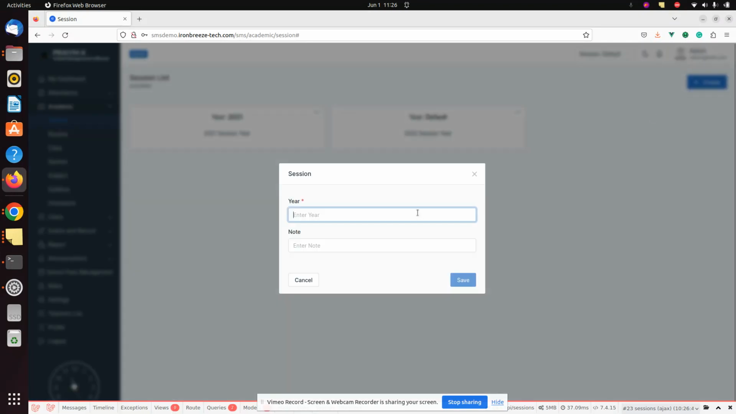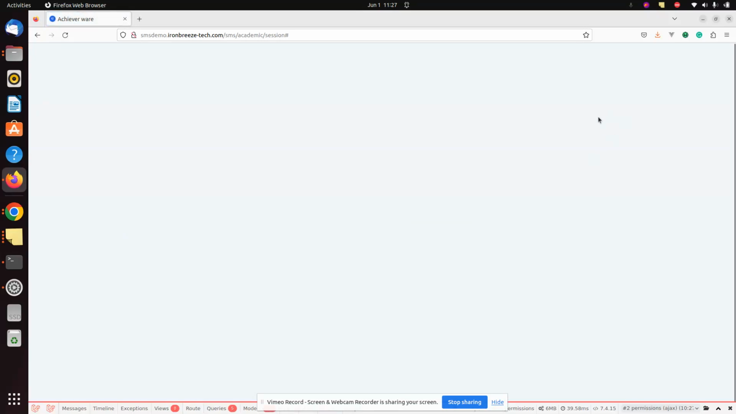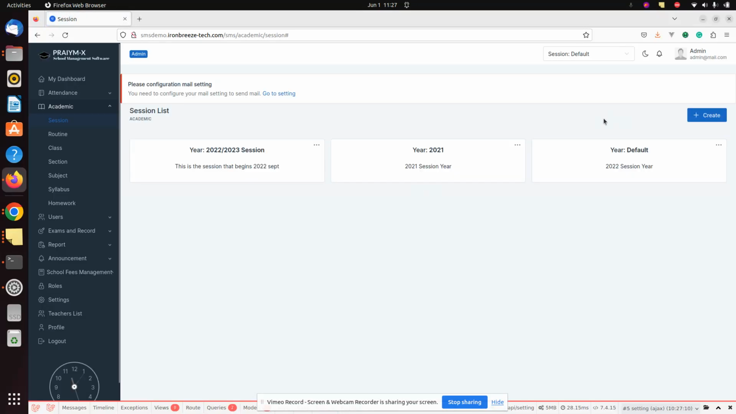Say, for example, now we can have the 2022 slash 2023 session. Then you can put in any notes. This is a session that begins 2022 September, and they have created a session. So I've created a session,